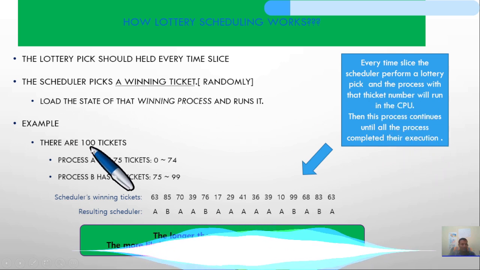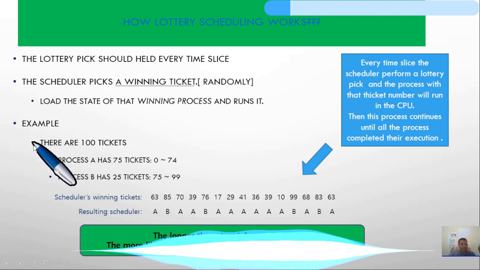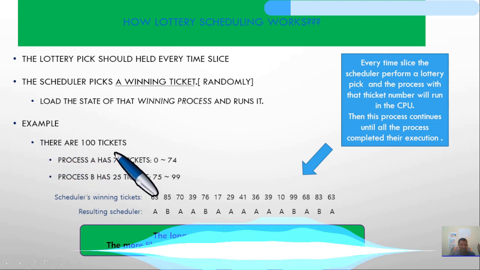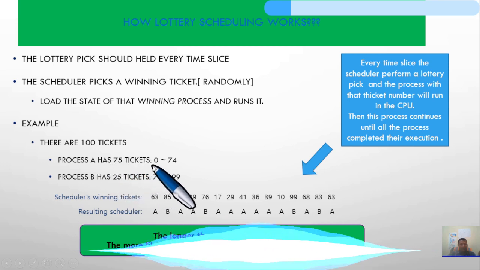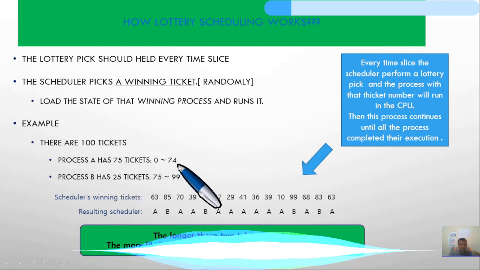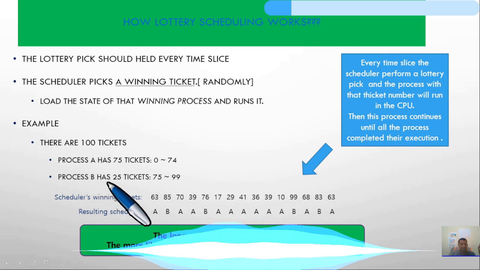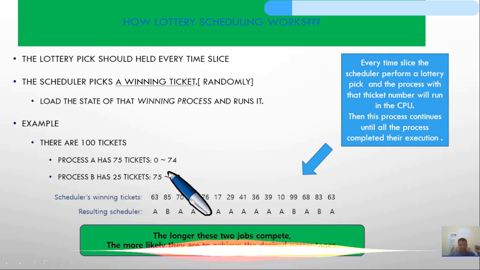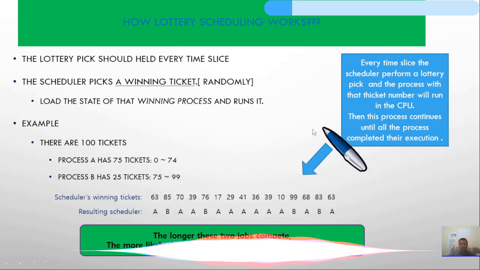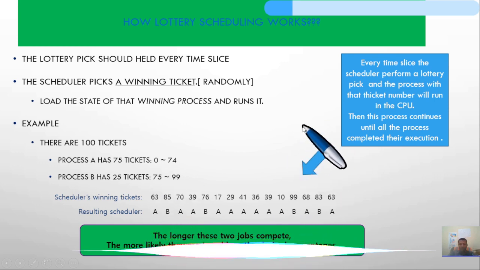Let's see an example. Let's say there are 100 tickets, and process A has 75 tickets, from 0 up to 74, and process B has 25 tickets, from 75 up to 99.